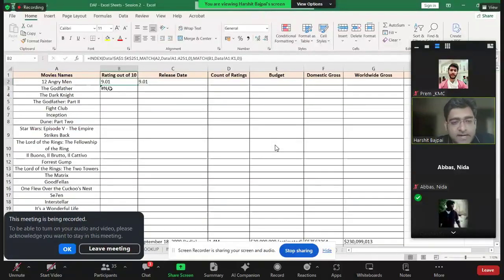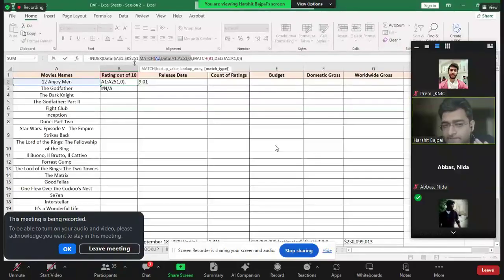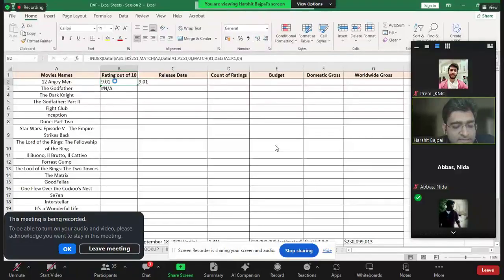Now coming to the next part, if I put it towards the right, release, this is not the release date. If I go towards bottom, again I am getting an error. So what will I have to fix now? This second match. The first part is done. This is the second part. Now what is happening? If I am pulling this